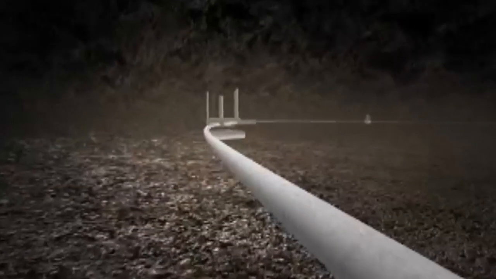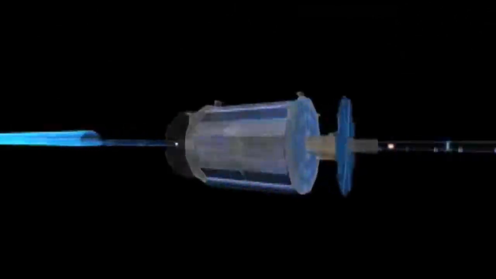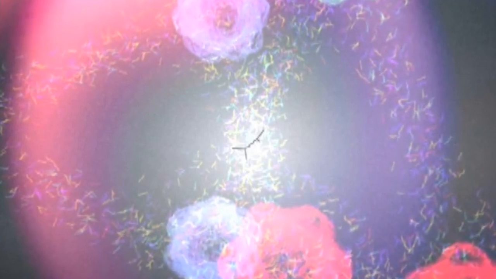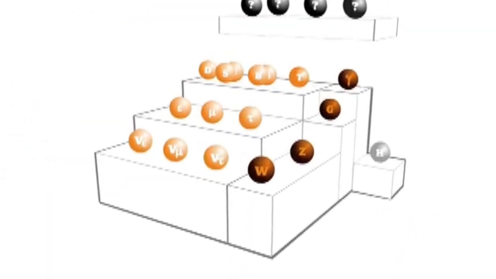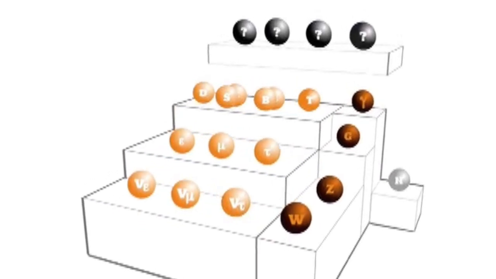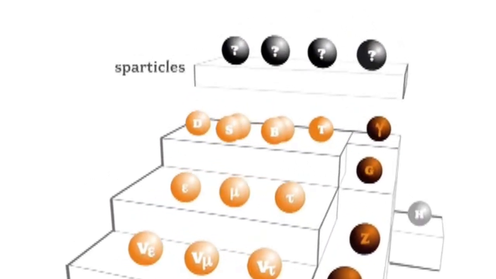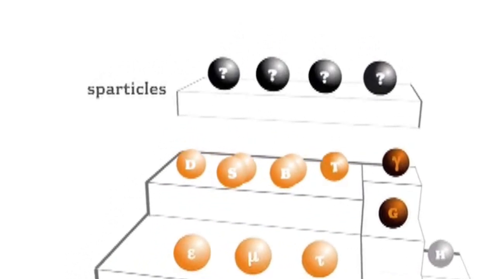So the Higgs boson, we think, will be created by the Large Hadron Collider, a tube 17 miles in circumference with two beams of protons circulating in opposite directions, then slamming together, creating a shower of particles. And among these particles, we hope to find the Higgs boson. But not only that, we hope to find particles even beyond the Higgs boson. The next set of particles beyond the Higgs boson are sparticles. The next layer of the jigsaw puzzle are called sparticles, superparticles, nothing but higher vibrations, higher musical notes of a vibrating string.